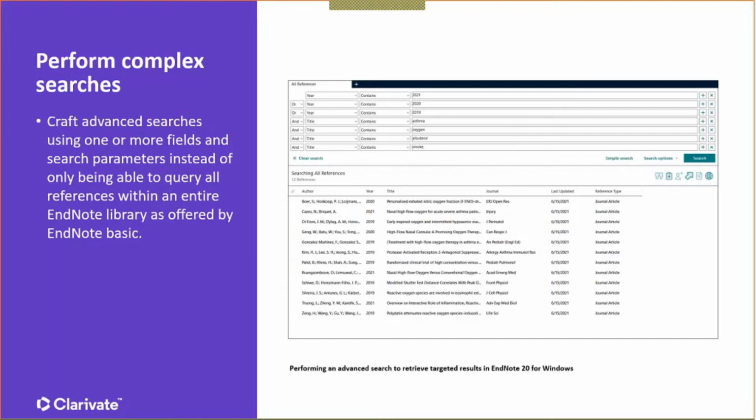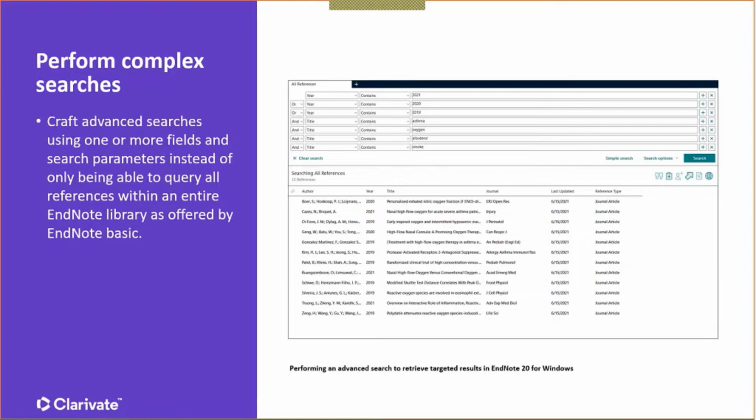With EndNote Basic and EndNote Online in general, you have access to a quick search. It's a single search field. It acts as a global search of every reference in your EndNote library that will query every single field in each one of those EndNote references. EndNote Desktop has that global search capability as well. We call it Simple Search in EndNote 20. But with EndNote